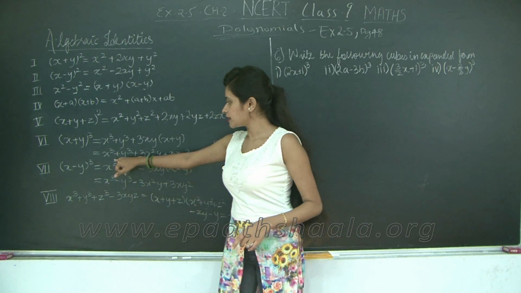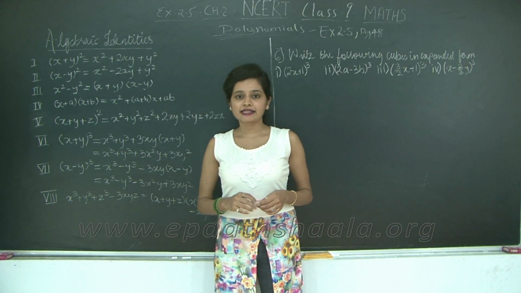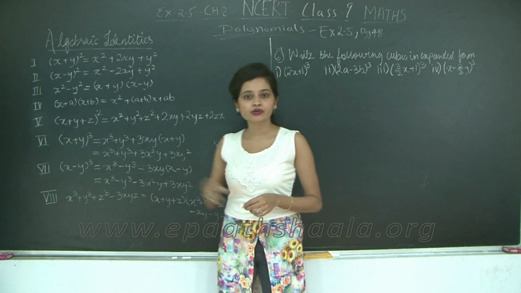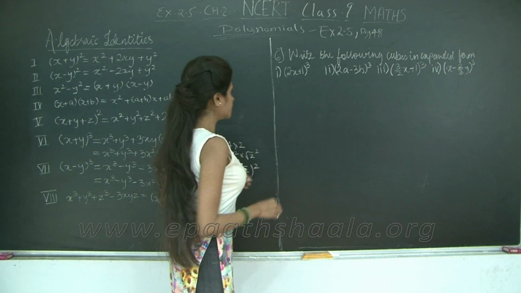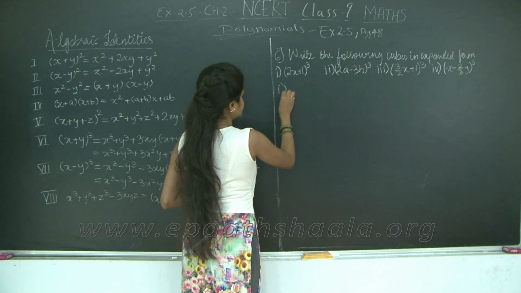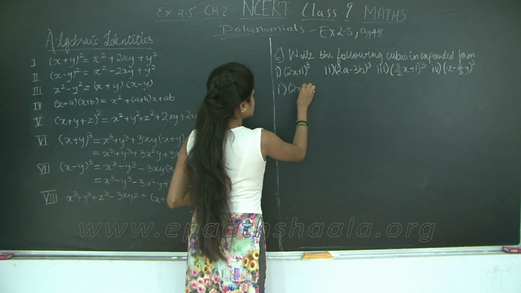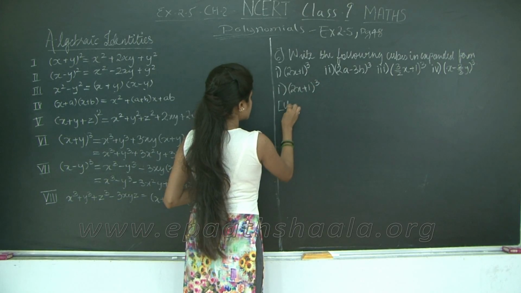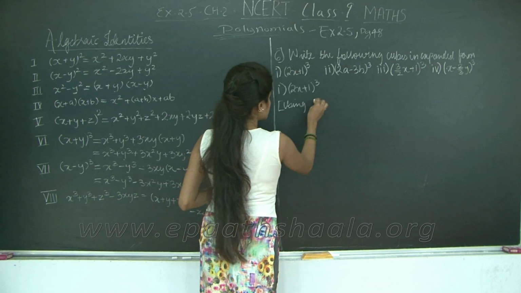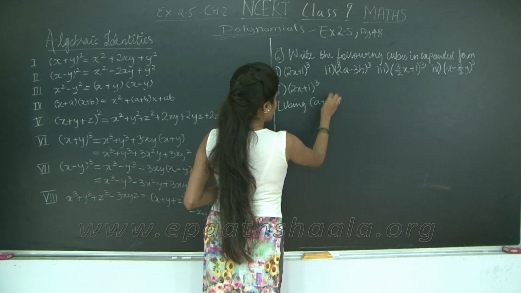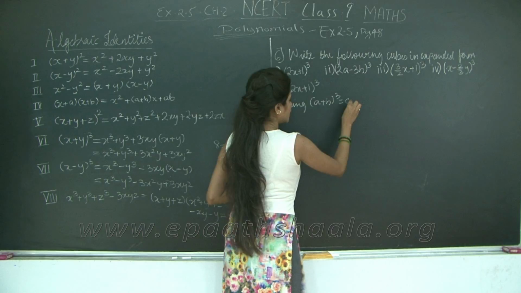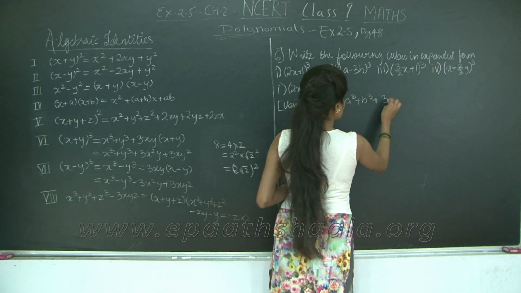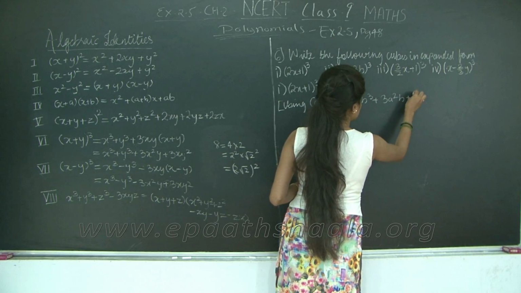So I am going to use this one because we have to expand completely. So instead of writing it in the first form, I am just going to write it in the second form so that expansion becomes easy, right? So the first question, 2x plus 1 the whole cube, okay, using identity 6, which is a plus b the whole cube is equal to a cube plus b cube plus 3a square b plus 3ab square,